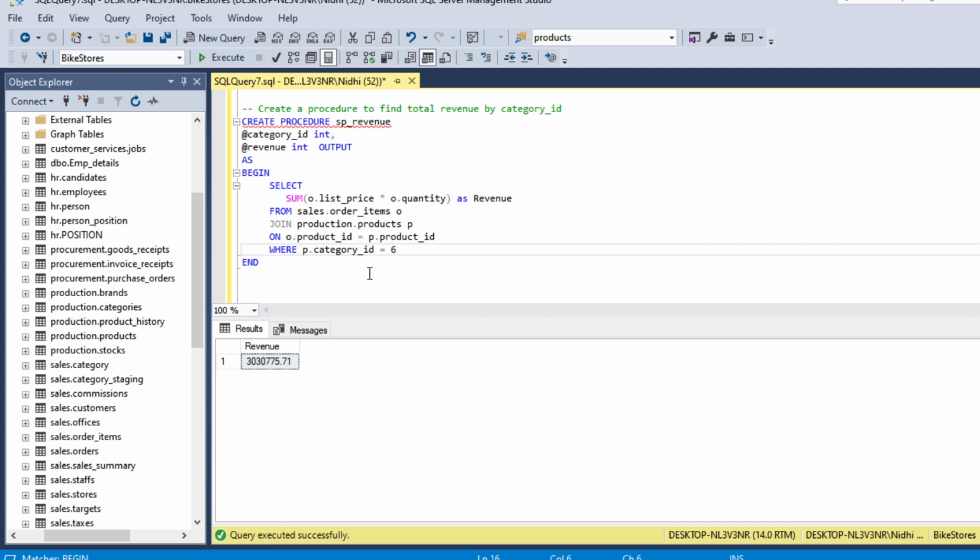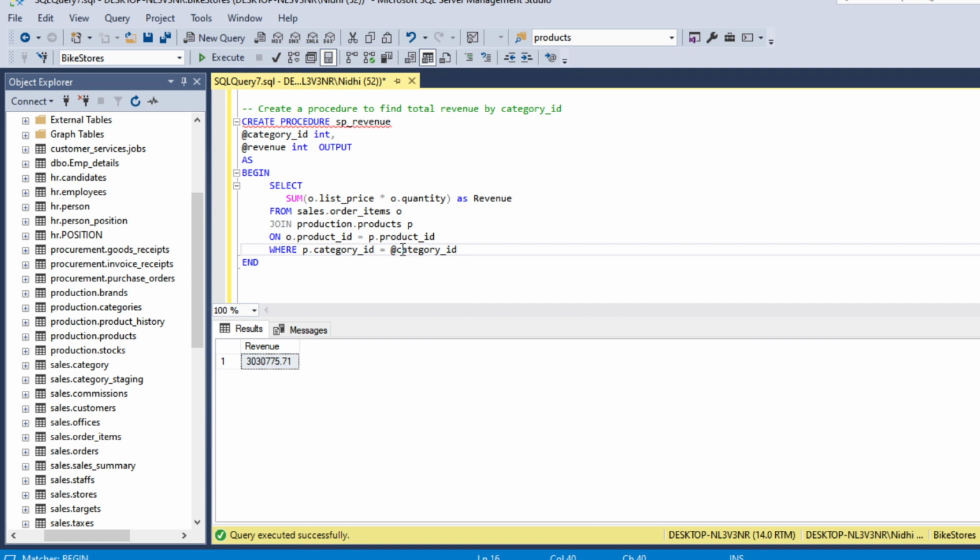Instead of this 6, we will use the category ID parameter because we don't want to hard code it. So we will use this parameter here, and p.category_id will get that value.